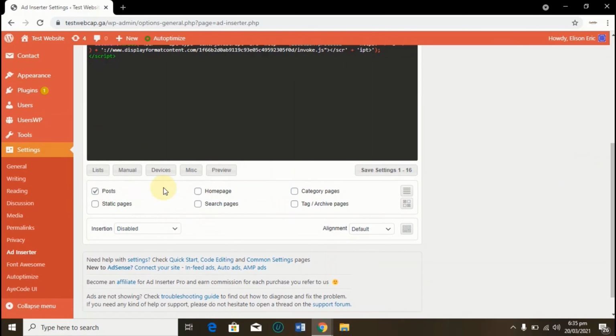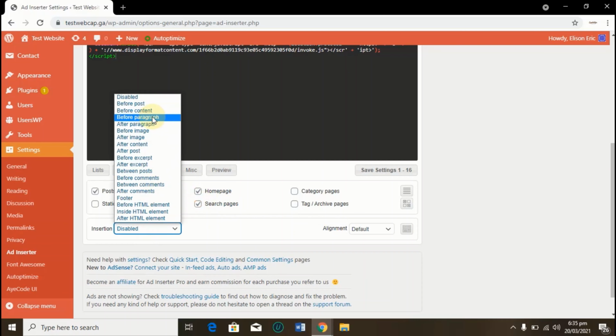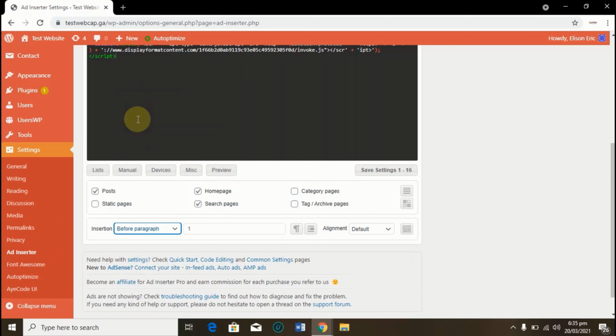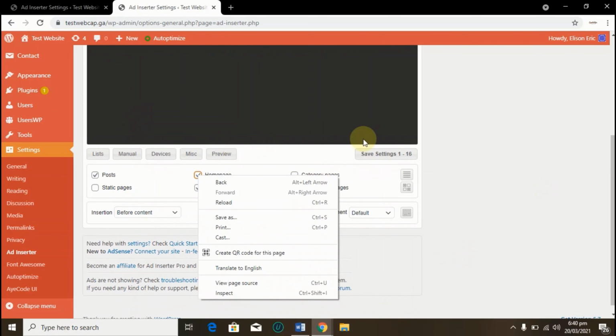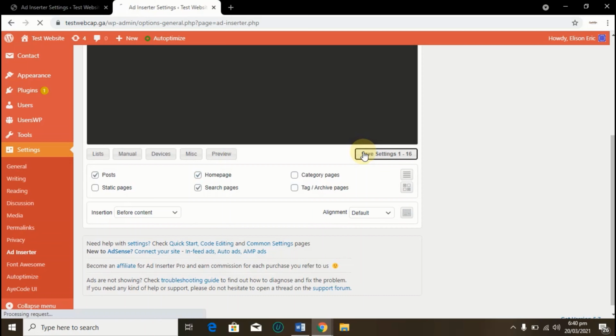You want to display it on your posts, your home page, and probably search pages, however you want it. In insertion, I will say before the paragraph, and I would like this to show 5 times. So you just click on save settings,